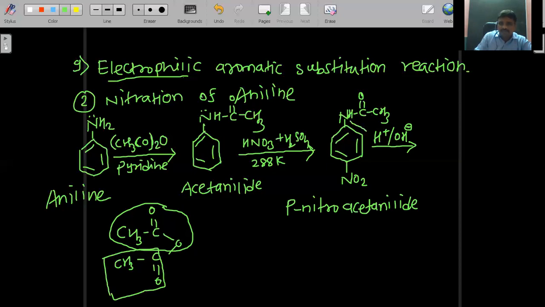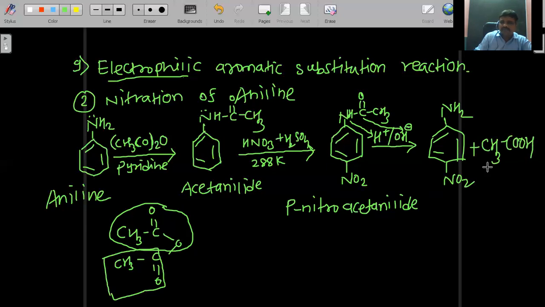Means this nitrogen gets H and this carbon gets OH. So again NH2 functional group is restored. Here is our NH2 functional group, here is the NO2, plus byproduct is CH3COOH, and name of this compound is